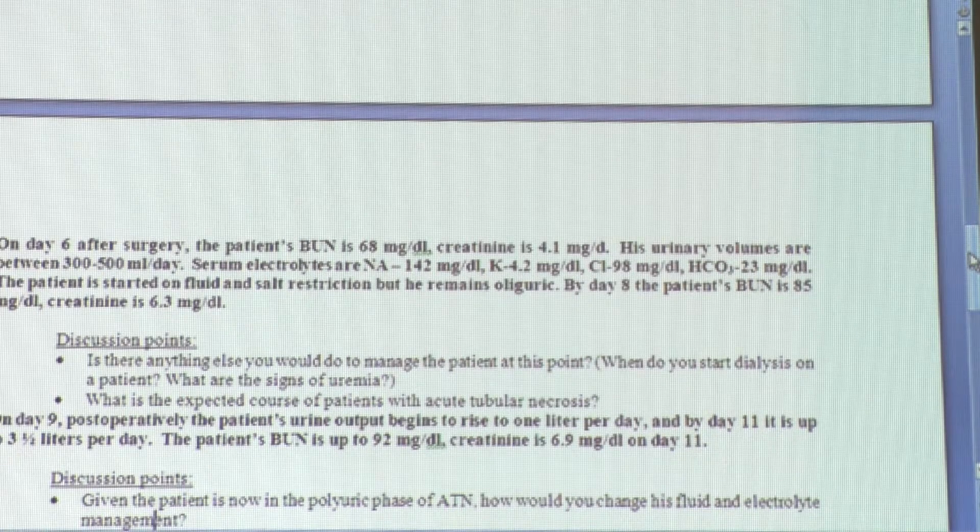Okay. So he's peeing a lot, right? Is that a good thing or a bad thing? Yeah. When you're doing your nephrology rotation, you're in the business of making urine. If patients are making urine, you're happy. So you're very happy, unless they